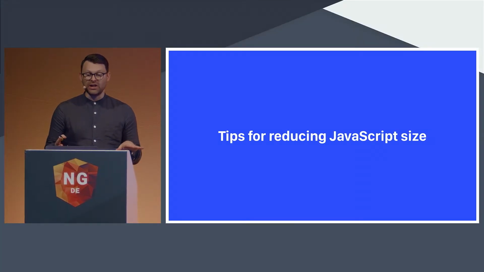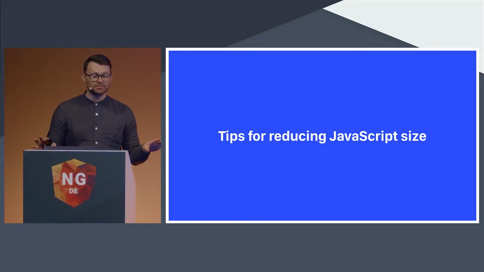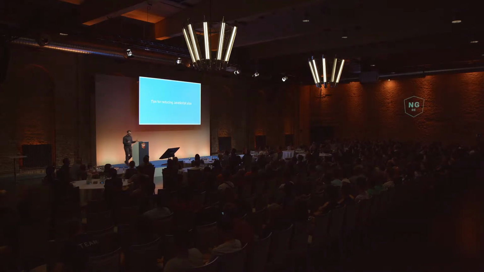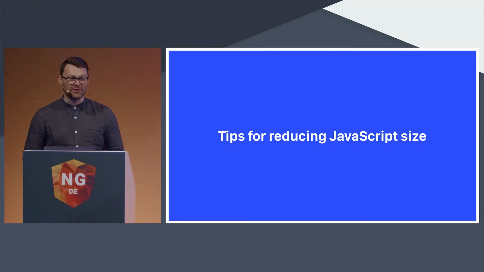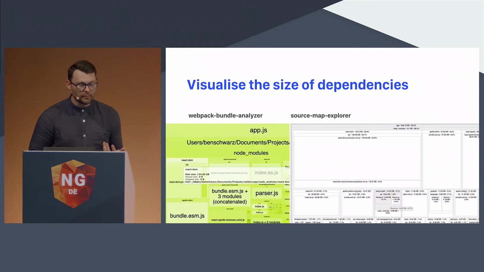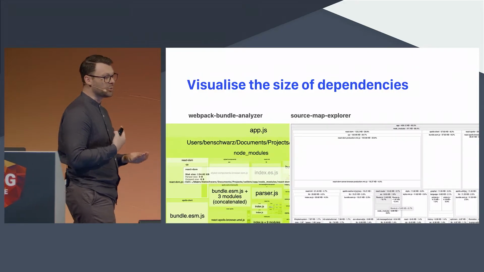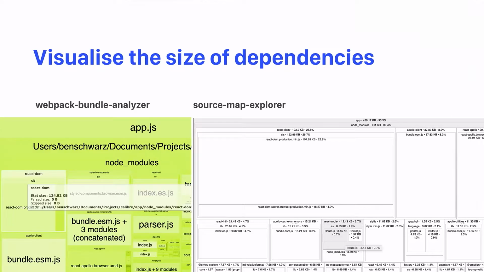Generally speaking, the most effective thing that you can do is just delete all of your JavaScript. There are some measures that we can use to reduce the amount of JavaScript without having to go and delete everything. Some of those are, we can visualize the size of our dependencies using either the Webpack Bundle Analyzer or